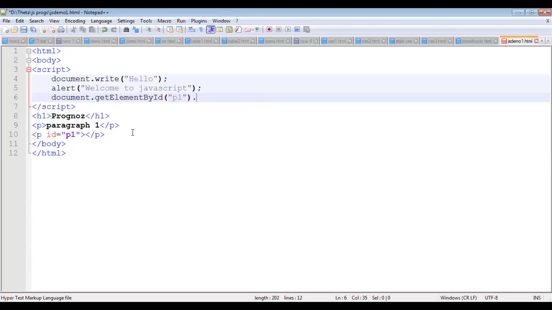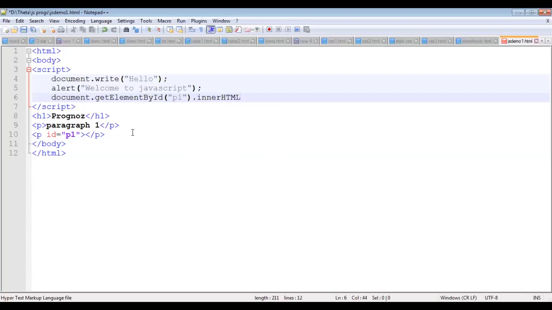Say P1 dot. Now what we have to do is put data into that element, and for that purpose they have given two methods. The first one is dot innerHTML and another one is dot innerText.